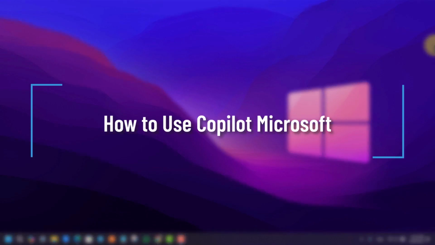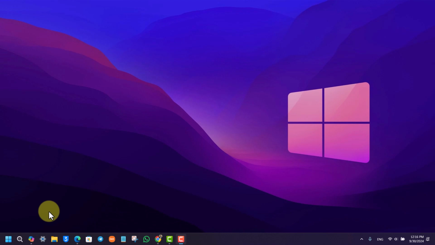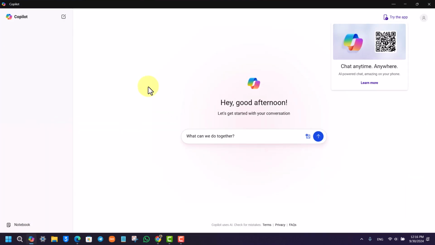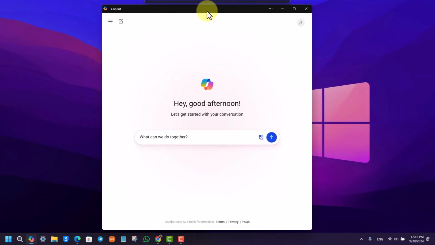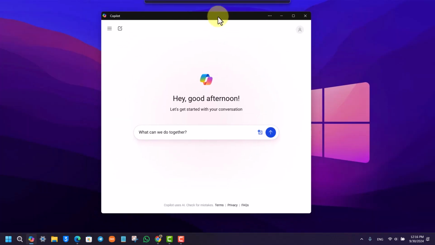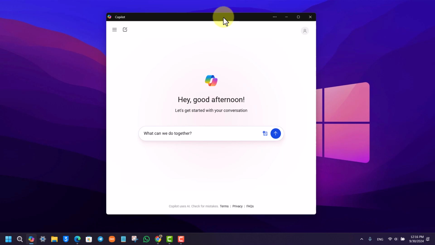How to use Microsoft Copilot. Now, if you don't know what Microsoft Copilot is, on a recent update, your Windows might have installed a certain application that looks like this. This is Microsoft Copilot. Now, it is definitely an AI chatbot, but aside from that, it also offers much more